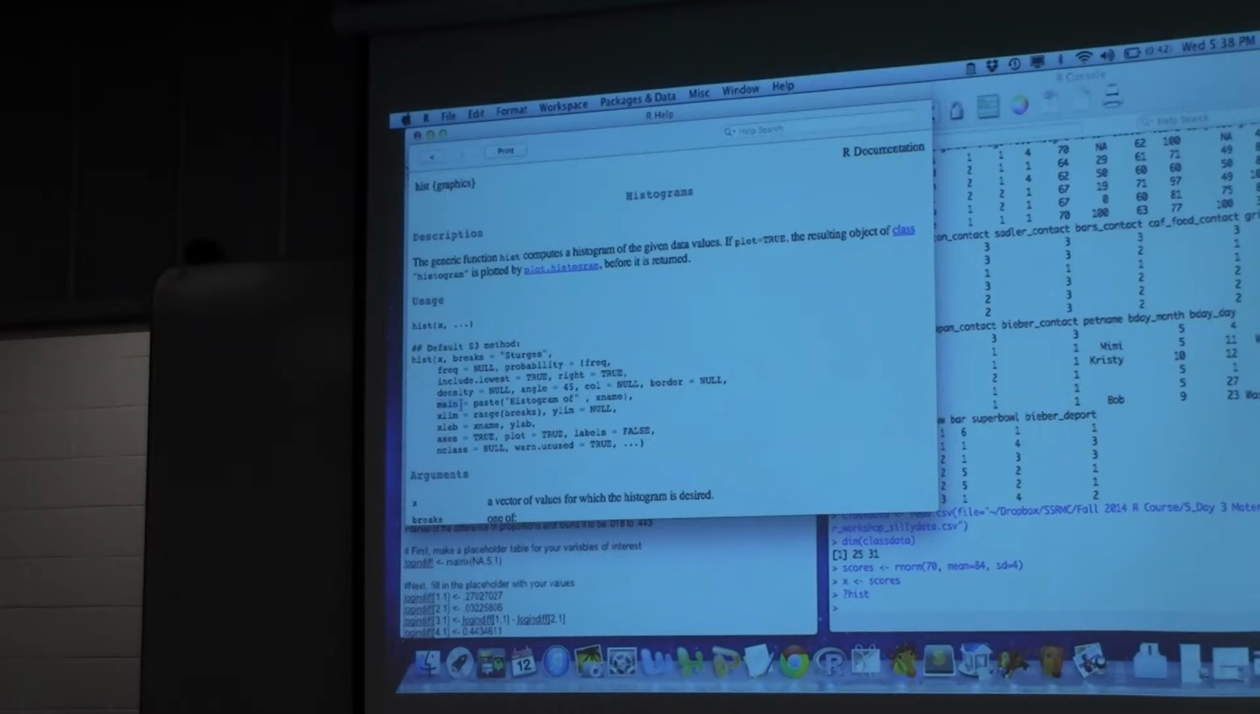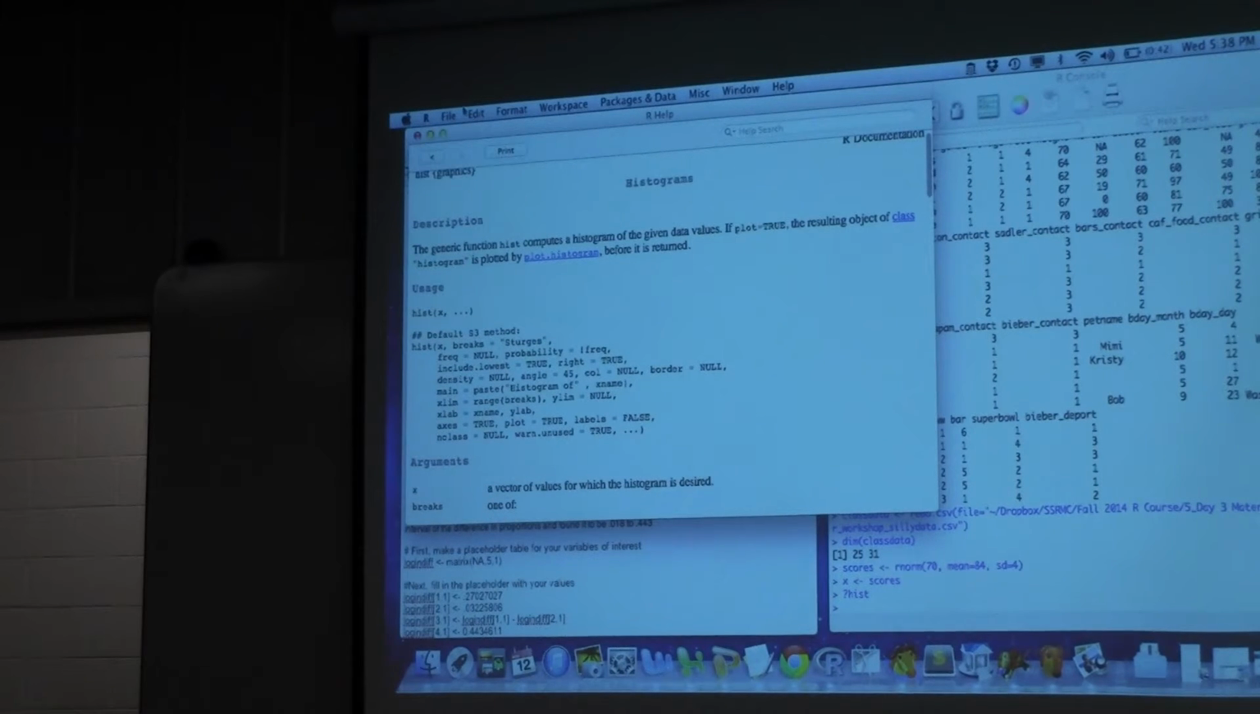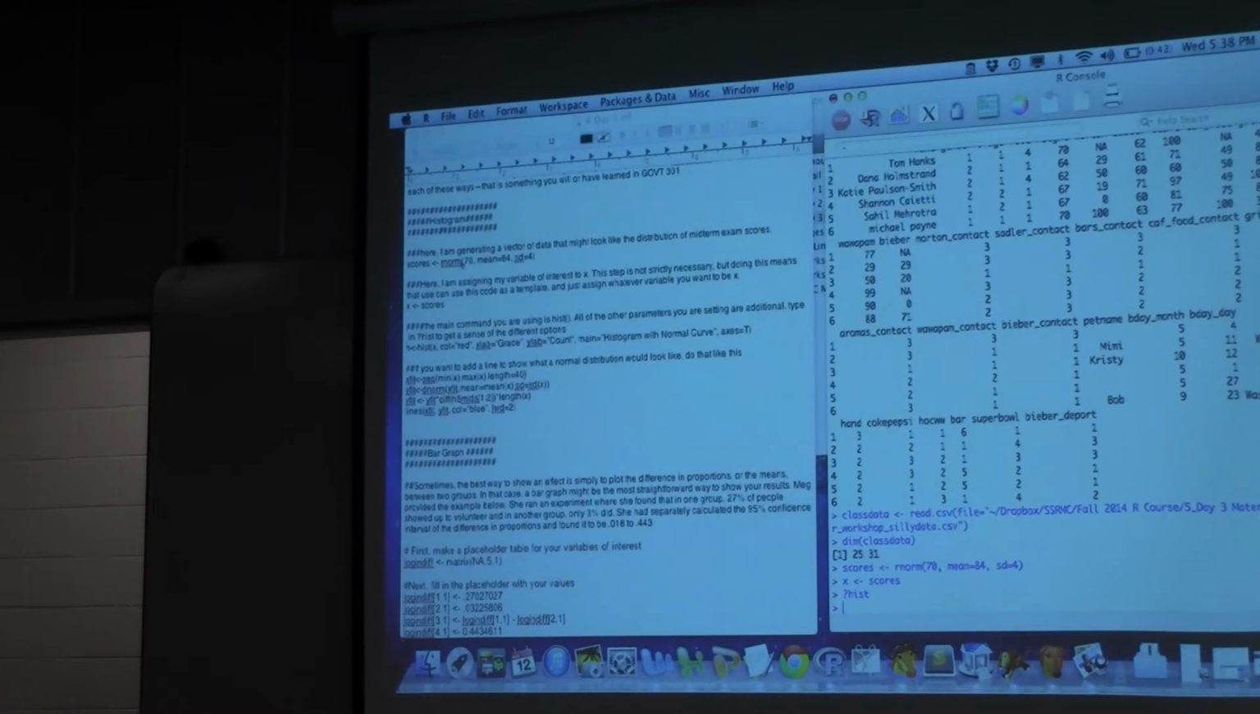You have main here, where you can change the text that you want to show on top. You have the limits, the range of breaks on your x-axis and your y-axis. You have the labels that go on, all of those different sorts of things. Here I'm also telling it I want the bars in this histogram to be colored red. I want the axes to be true. So if I plot this,